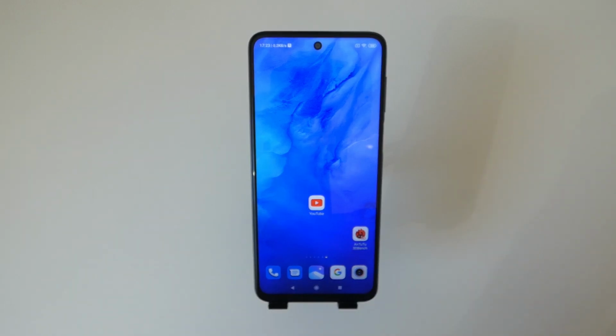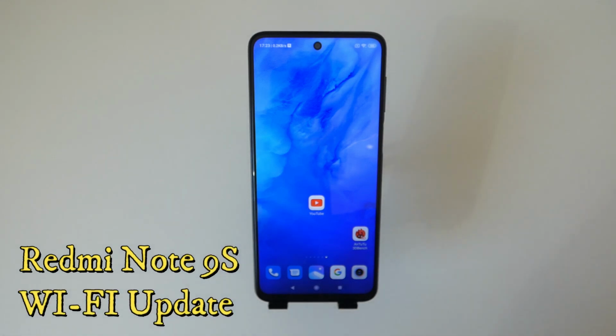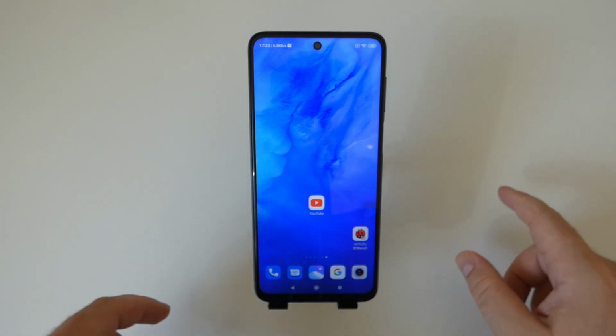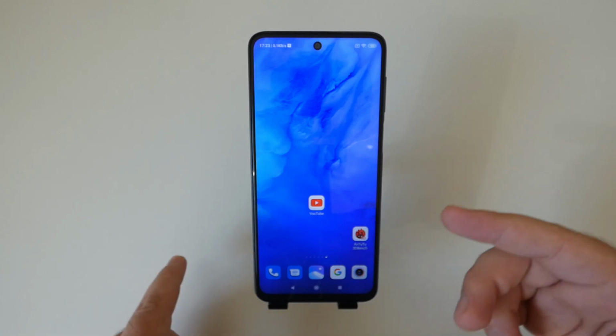Welcome back on the channel, and today we're gonna have a look at this last update that just arrived on Redmi Note 9s. I was surprised to receive some notifications when the phone was on sleep mode, and